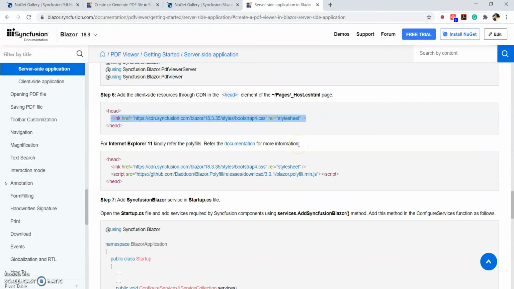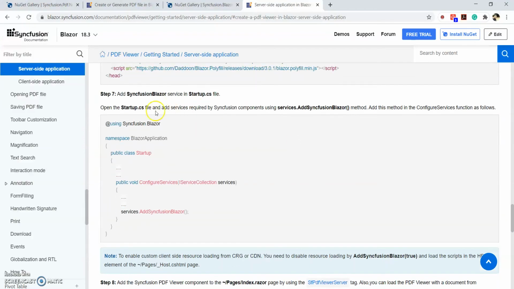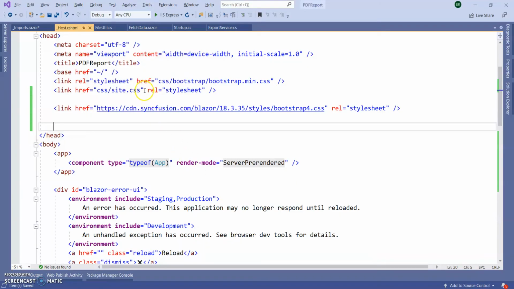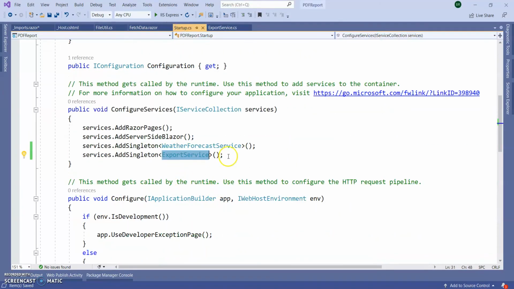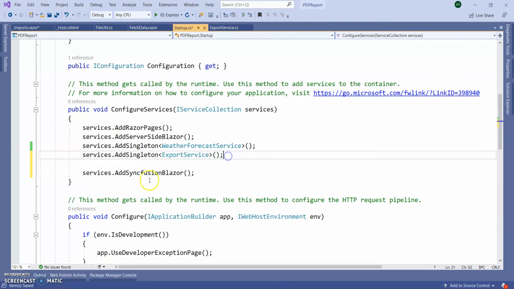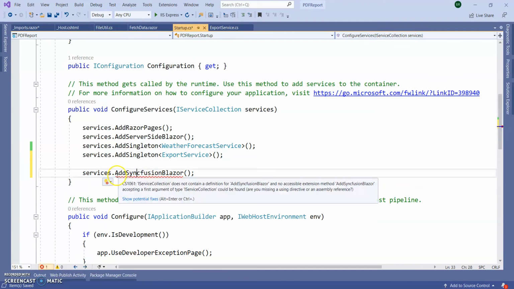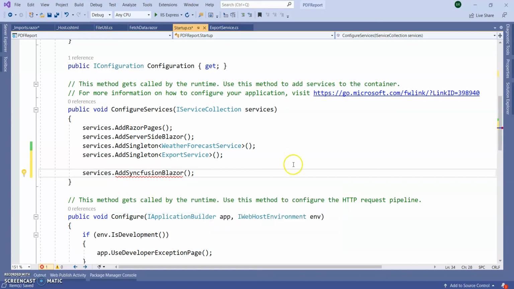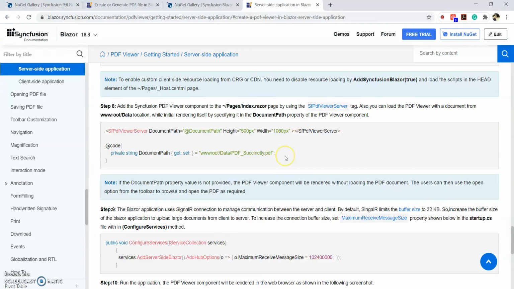Next, in the Startup.cs, we need to add the Syncfusion Blazor. So add services.AddSyncfusionBlazor. Go to the Startup.cs class. Here I'm going to add Syncfusion Blazor. So here using Syncfusion.Blazor. Okay. Next,